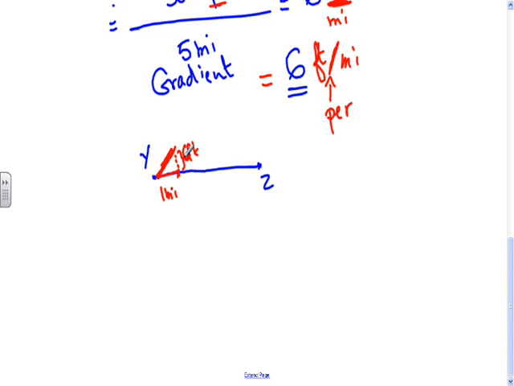The higher this number, the higher the slope. The lower this number, the less the gradient, and of course the slope is gentle. Anyway, every mile you go up 6 feet, so that's 6 feet per mile, and that's the answer for this question. Now let's do this